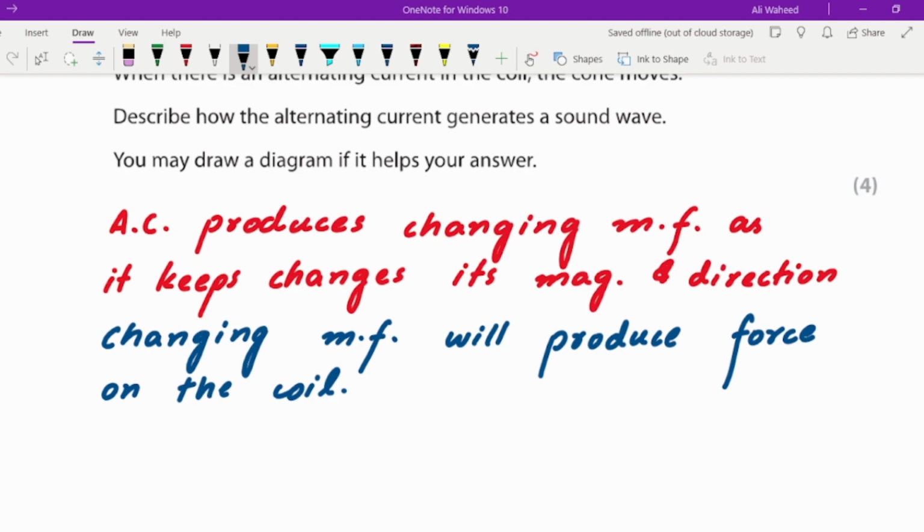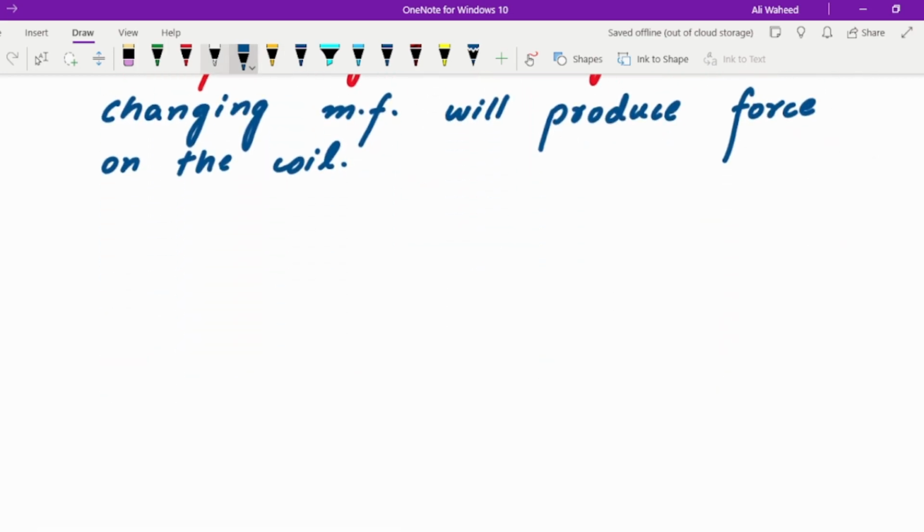And once the direction of the current changes, the direction of the force changes. So if you change the direction of the current, which is going to happen because it is alternating current, it would keep changing the direction automatically, periodically. So we can write as